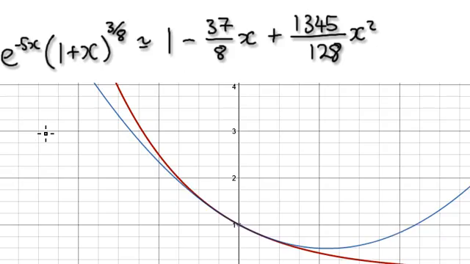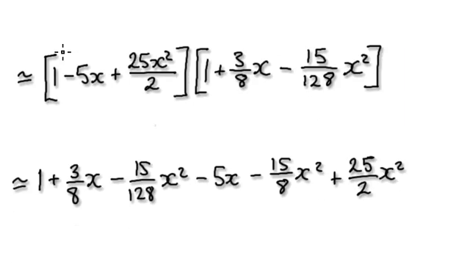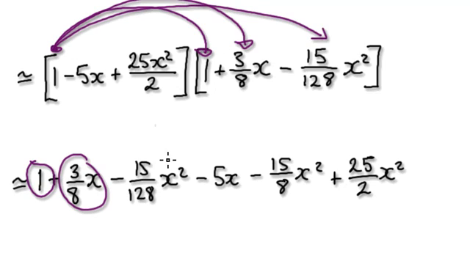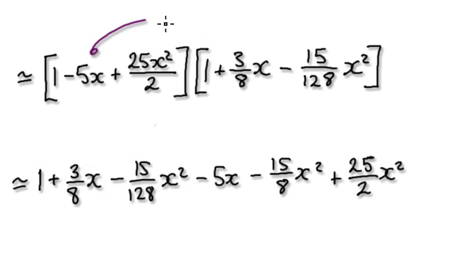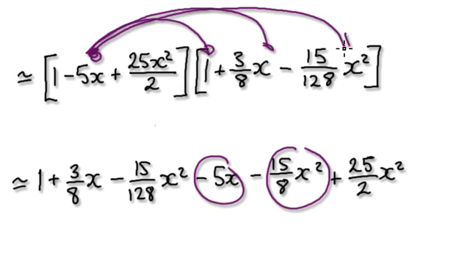When you come to multiply it out, just get this times this, that will give you this. This times this, that will give you this. This times this here, that will give you this. Bear with me. And then this times this, that will give you this. This times this here, that will give you this. This times this here, don't bother doing this because you've got x